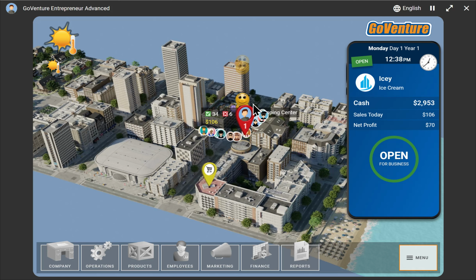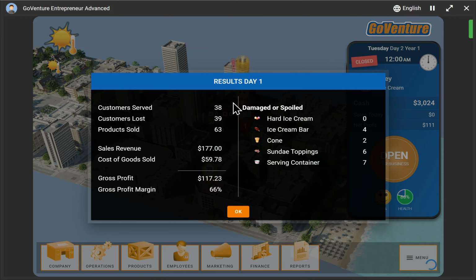And keep in mind, we have these icons that appear to the left and to the right of the feedback, which gives us indications of how customers feel about our business in terms of our pricing, our quality, our speed of service. So anything that appears on the left is a negative comment. Anything that appears on the right is a positive comment. So my customers are seemingly reasonably happy, but there's a lot of negativity happening. I see a lot of X's. That's because I've run out of inventory of a particular item. So a lot of people want to buy my ice cream, but I don't have enough ice cream to sell them. So I'm learning while watching what's happening in real time.